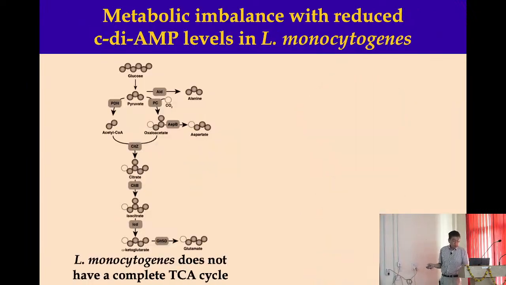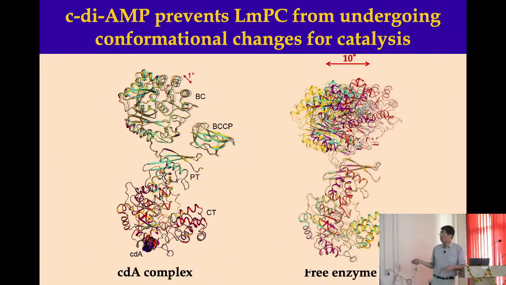So the idea from this is that we feel cyclic di-AMP may have frozen the enzyme into a single state, and the enzyme needs to be dynamic during catalysis. So that's our hypothesis for how it inhibits. Maybe nowadays we can do MD simulations on such a large system to really understand how it goes. The basic idea is the enzyme needs to go through different conformational states during catalysis, and binding of cyclic di-AMP makes the enzyme stay in a single state. That's why it cannot go back and forth anymore, and it cannot do catalysis. So that's the idea.